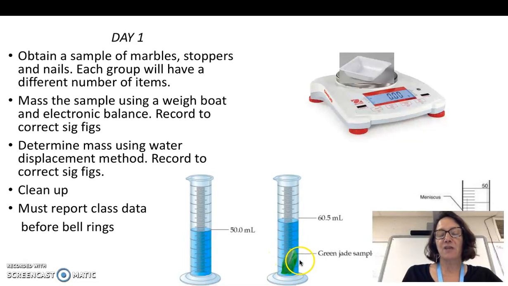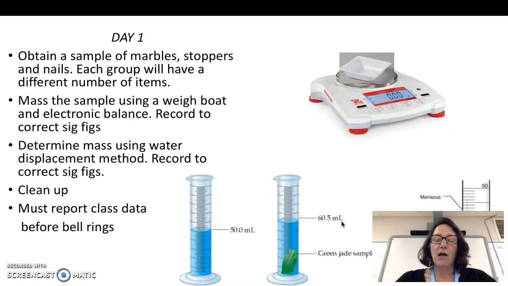In this case, my solid that I want to determine the volume of is a little piece of green jade. Notice that the volume was displaced by adding that, or the volume went up to 60.5 milliliters. And so the volume of my green jade object is the difference between my ending and starting volume, or 10.5